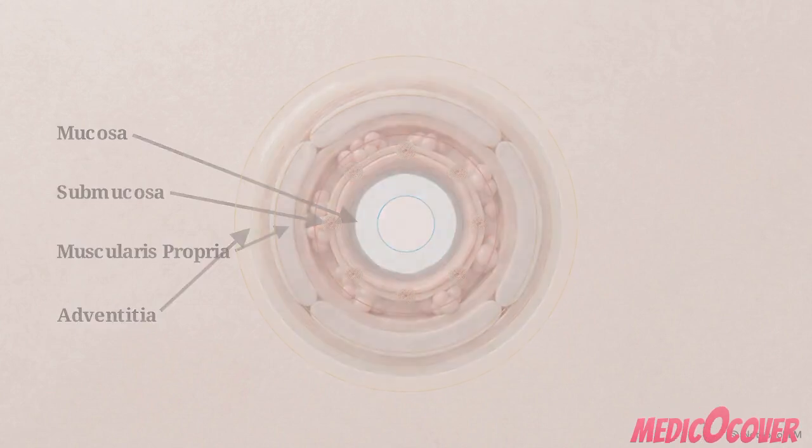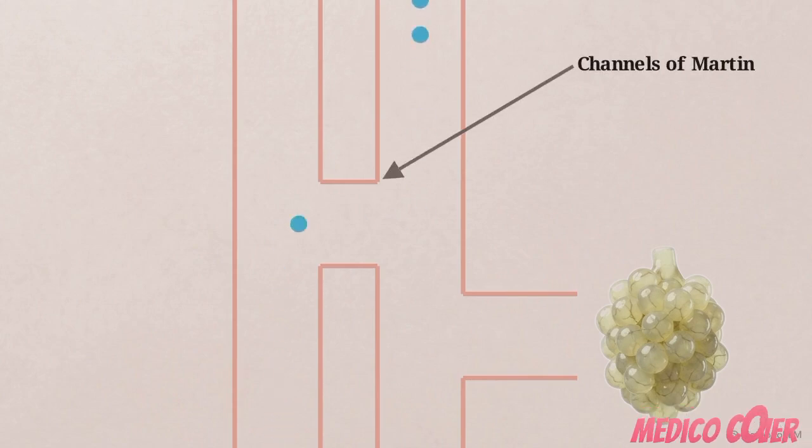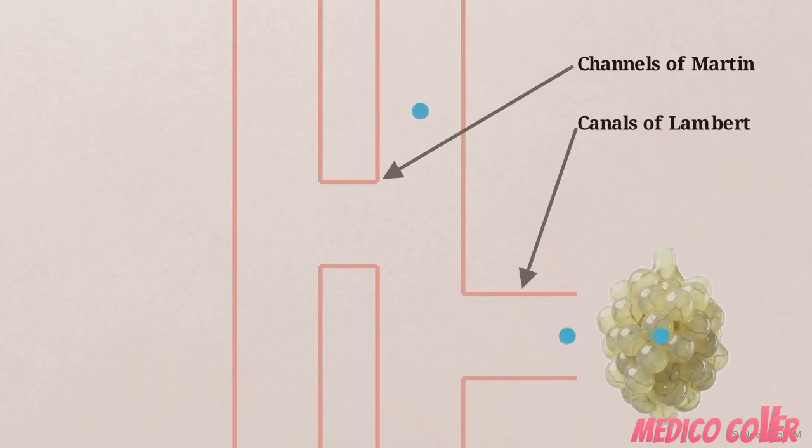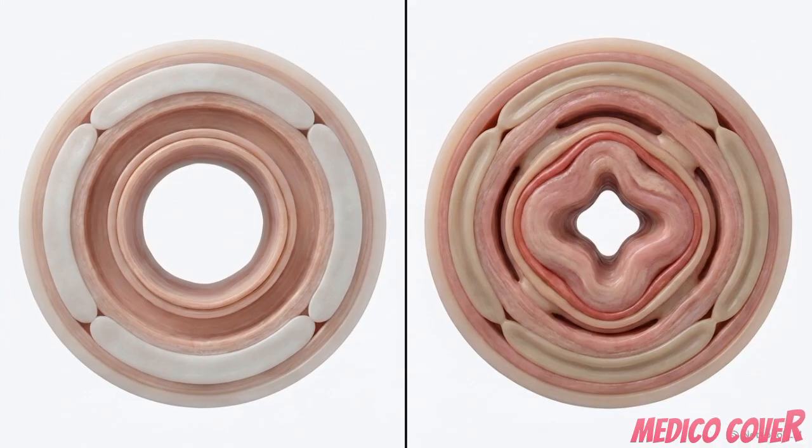These airways are also interconnected by bypass channels. The channels of Martin allow air to move between adjacent bronchioles. The canals of Lambert connect a bronchiole to an alveolus, while the pores of Kohn allow adjacent alveolar sacs to communicate. These 4 layers and 3 collateral channels represent the normal respiratory architecture, the very structures that chronic bronchitis begins